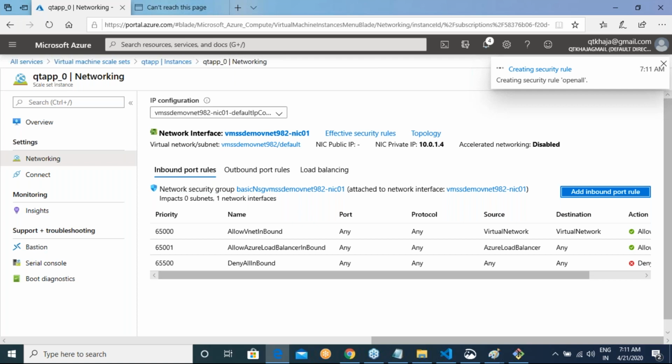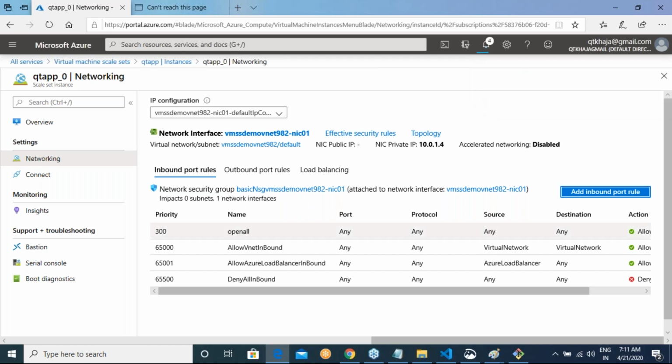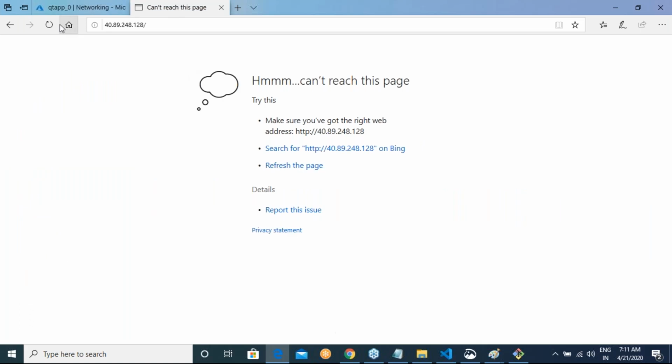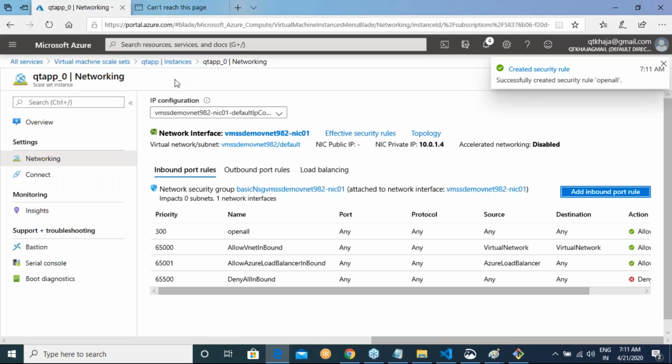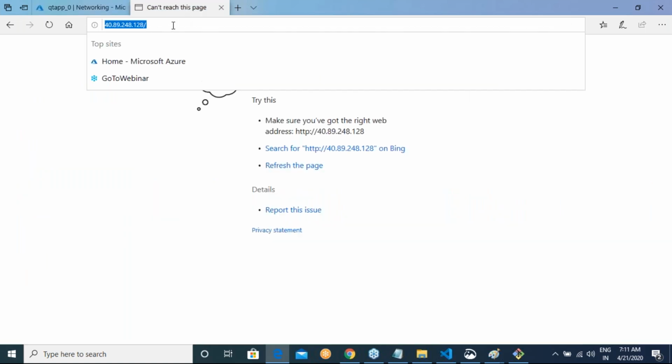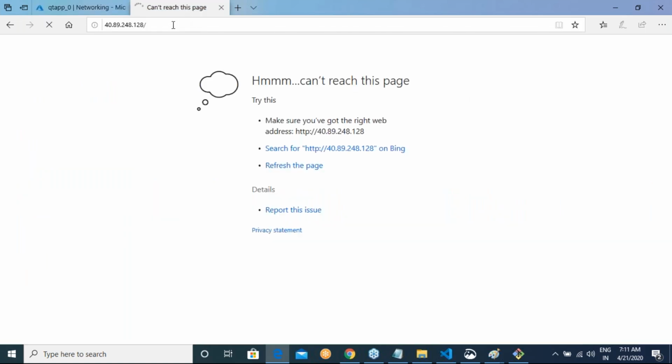Is there any change? No, there is nothing that has been changed. Because with this, I am unable to log in. What is happening in this machine?